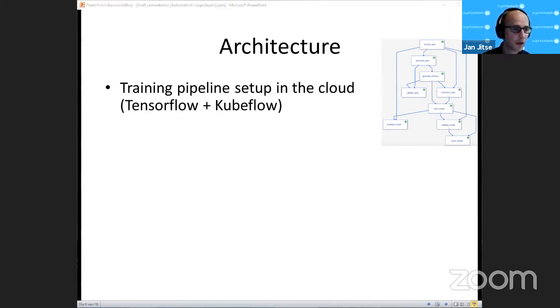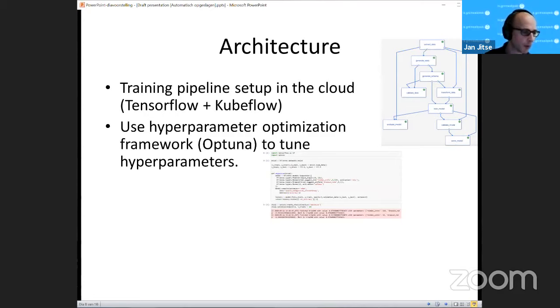Using TensorFlow, we also use a hyperparameter optimization framework to tune the hyperparameters. Especially if you work in the cloud, you can't just upload new Docker containers all the time. It's easy if you can do that automatically and automatically tune your hyperparameters. So I really like this Optuna framework.